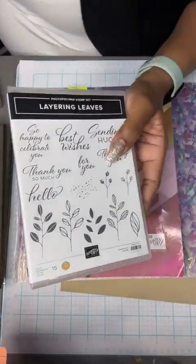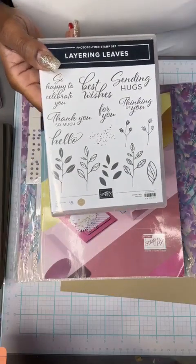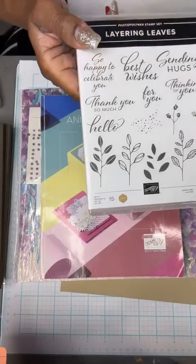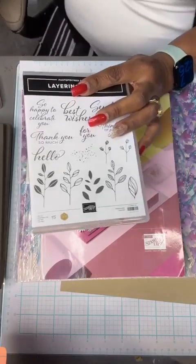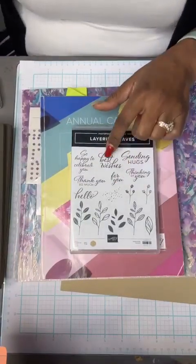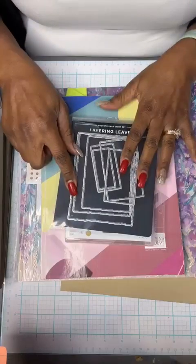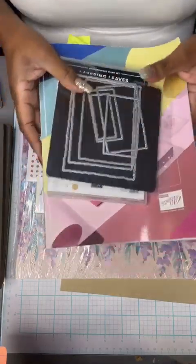Oh, you know what we need that I don't think I have here on my desktop? I think we're going to be using blending brushes. Not quite sure where I have them. But we're going to be using this for the sentiment and then the deckled rectangles. So let me show you